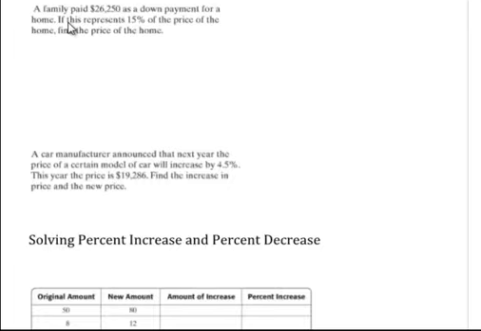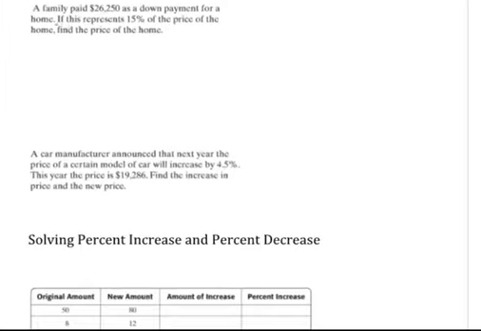All right, the next problem says, a family paid $26,250 as a down payment for a home. If this represents 15% of the price of the home, find the price of the home. So when I read this problem, it says they paid $26,250 as their down payment. That tells me that the home has to cost more than $26,250. When I look at the second sentence, when it says "if this," what they're referring to is that number,